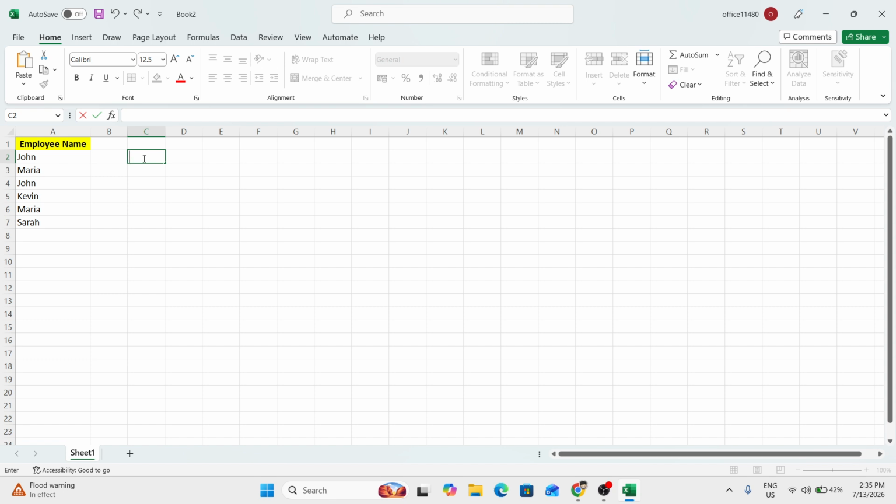formula. Start by clicking on cell C2. This is where the results will appear. It's a good idea to choose an empty area of the worksheet before using the unique function, because the formula can return multiple results and fill them into the cells below automatically. This behavior is sometimes called a spilled array, which simply means Excel places each unique value into its own cell